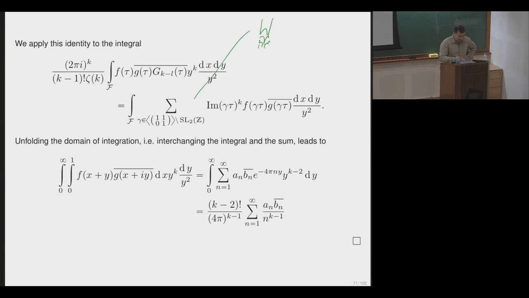And actually what we end up with is just the strip. So we are doing an unfolding. So all these translates come up, and therefore we end up with an integral here. And this is now easy because integrating from 0 to 1 is killing all these